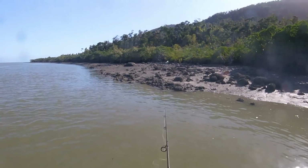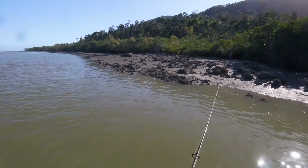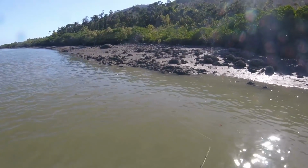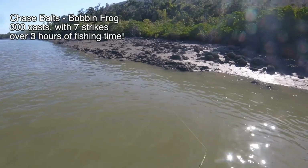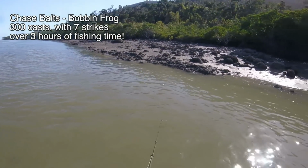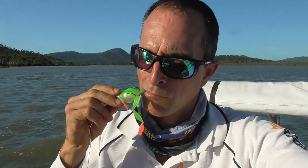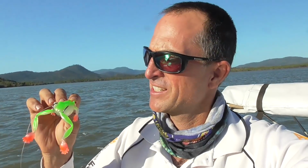Here's a nice rocky corner. I'm running out of spots now. It's getting late in the day, and this frog is just proving hard to catch a fish on today. A couple more spots, and then it's home time. Oh, sorry. I just thought I'd see what this tasted like. The fish just spat it out so quick. I had a bunch of hits on it, but couldn't get anything to stick,